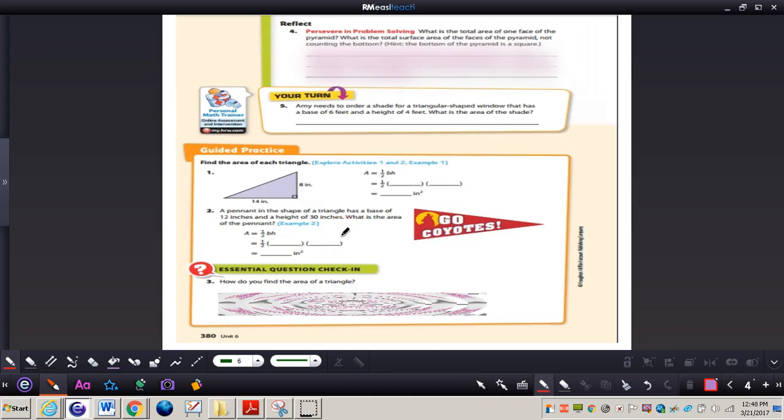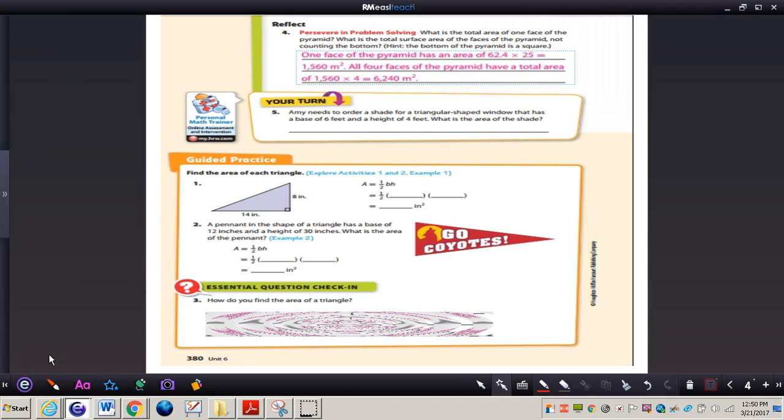So let's turn over to page 380. Let's take a look at number 4. It says, what is the total area of one face of the pyramid? What is the total surface area of the faces of the pyramid, not counting the bottom? And it says, hint, the bottom of the pyramid is the square. Okay, so we already found the area of one of the 25 equilateral triangles. We have the 62 4/10, so we're going to multiply that 62 4/10 times 25. That's going to give us